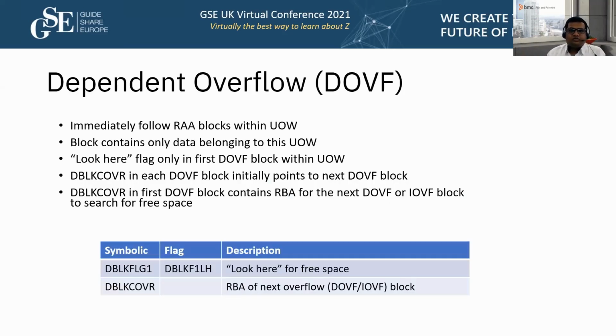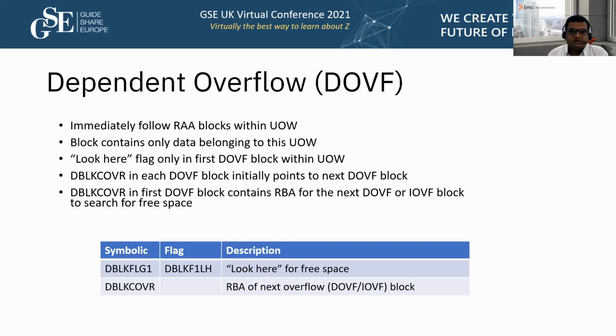Talking about the dependent overflow block, as I mentioned, within a single UOW you will have the RRA block and the DOVF block, which is in continuous storage within a single UOW. The data which gets stored in that UOW is dedicatedly allocated to that particular UOW only. So whatever DOVF blocks you have, they are dedicatedly allocated to that particular UOW. And for the next UOW, there will be dedicated DOVF blocks, and for the next UOW, there will be dedicated DOVF blocks, which is different from the IOVF, which is a common storage which gets allocated to a UOW